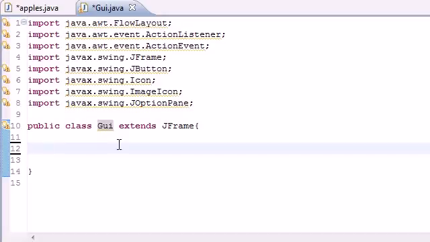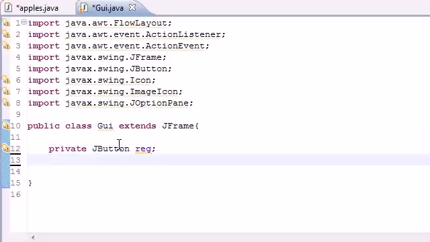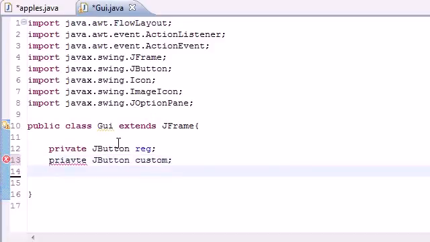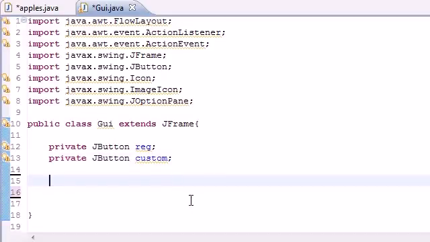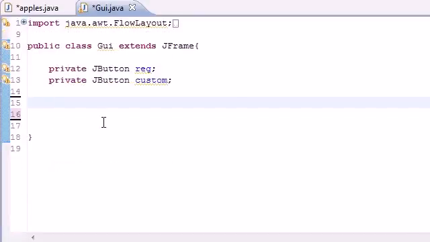And the first thing we're going to need to do is create two variables. So go ahead and put private JButton, and we'll create two buttons. The first one will be a regular one, and then we'll go ahead and create another one, JButton, and we'll just make this one a custom one. One of them is just going to be a regular button, and the other one, if we spell private right, it's going to be a button with our own images on it, and I'll show you where to put the images and how to do all that good stuff. So I'm going to go ahead and minimize this, so hopefully you guys got that copied down